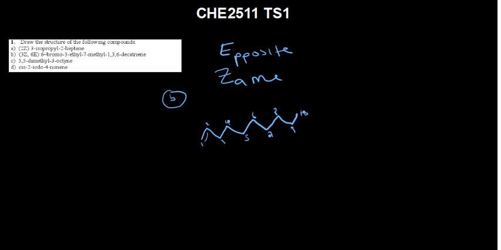Between carbon 3 and 4, we have a double bond. And between carbon 6 and 7, we also have a double bond. Let me just put it here. I'll write it out properly. And then when you do that, you also write out the substituents. The substituents, we have got on carbon number 6,